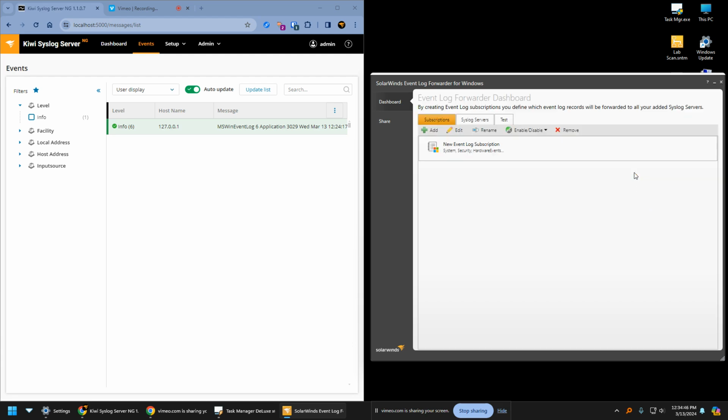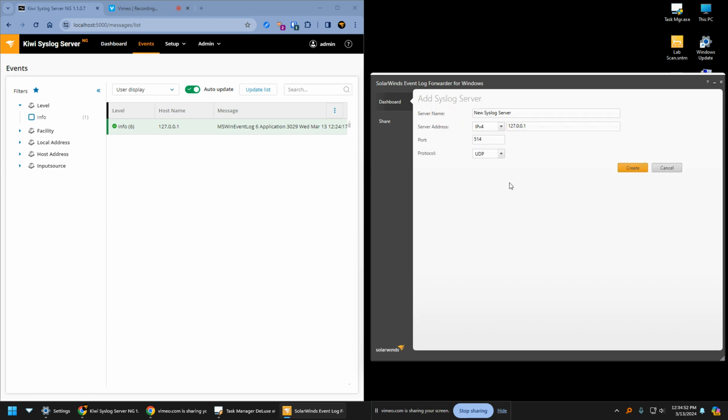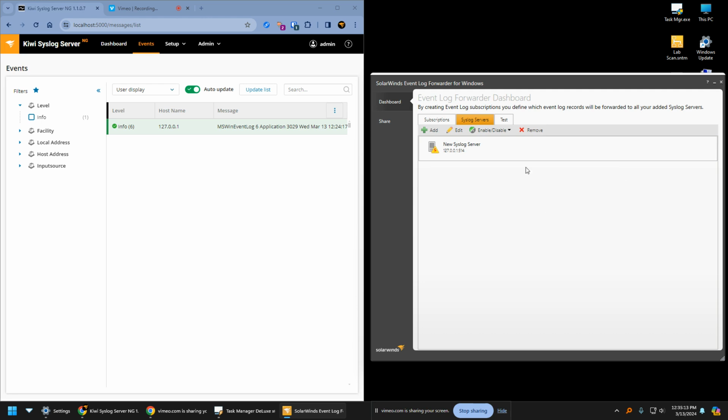Then you click Finish, go to the Syslog Servers tab, Add, and give it the IP address of the server that has the Kiwi Syslog server installed. Now in this case, I'm on the same machine as the Syslog server, so I'll leave the home address, and it's going to send it to UDP 514 by default. So then create, and then to test it, there's a test tab,